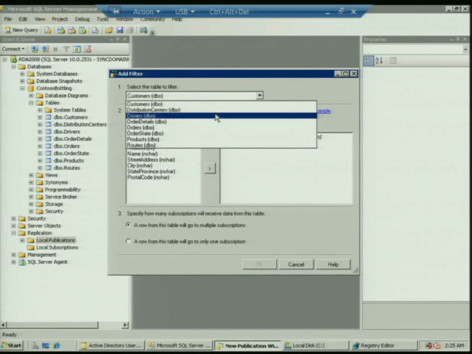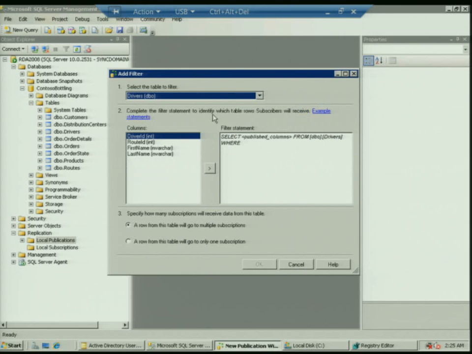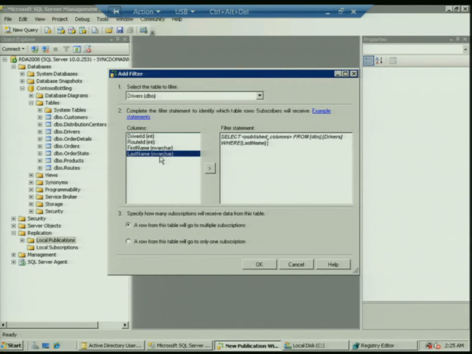So let's see. We're going to start at the top of our hierarchy on the driver. So I'm going to say I want this dynamic filter. So I'm in the field, and my last name is Tiffany, and your last name might be Smith. But anyway, I'm going to put in a filter, and all these filters are a simple where clause. Basically it just says where last name is equal to